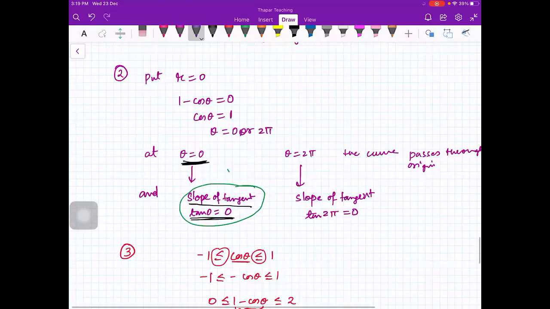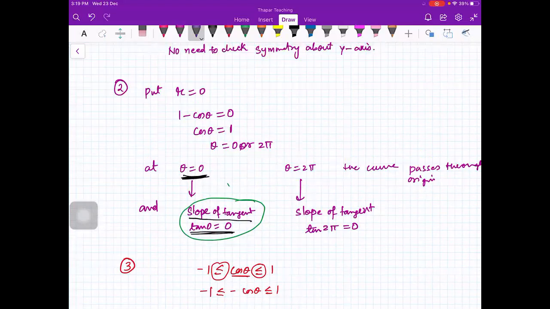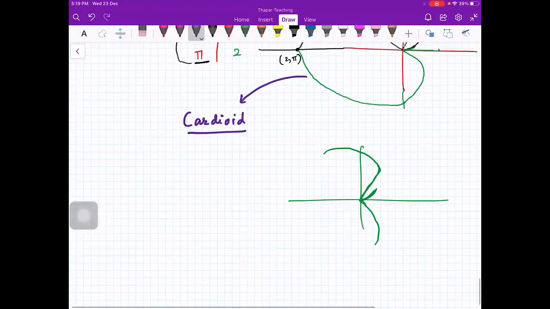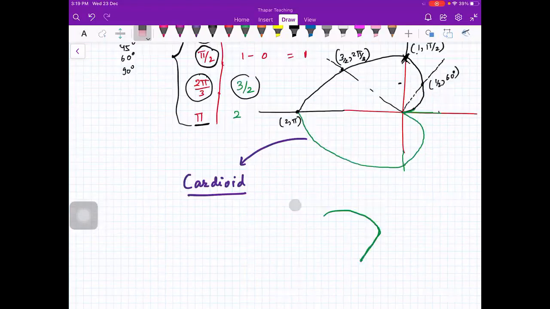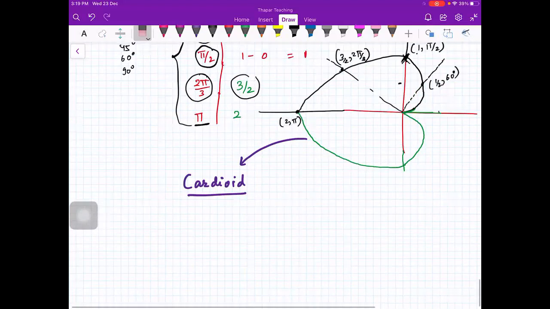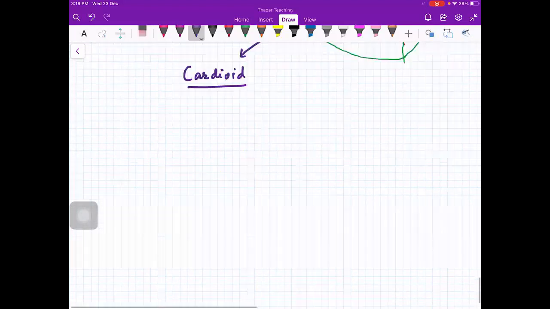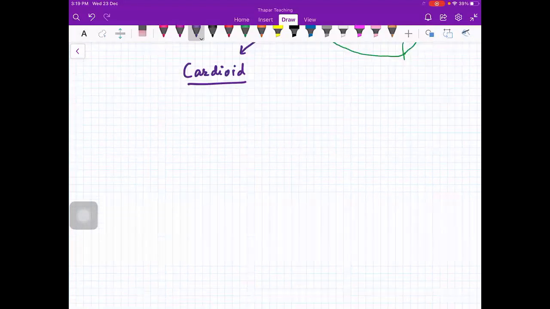I will tell you because obviously you should know how to plot, but you should also know some formulas. For example, you know the formulas for parabolas by heart. So I can give you the basic. R equals 1 minus cos theta is a cardioid. I'm giving you the general equation of a cardioid.